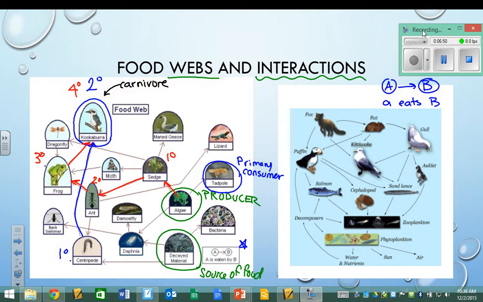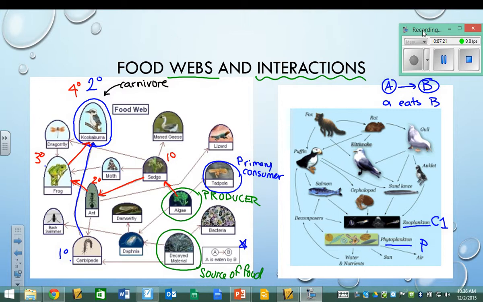The food chain that I have over here is very similar to this one. I'll just point out a couple of things on this one. There are two types of plankton at the bottom, and I just want to remind you, phytoplankton are producers. Zooplankton are primary consumers because they are generally eating the phytoplankton. Zoo represents animal, phyto represents light. So the phytoplankton are like little plants, and the zooplankton are like little animals.